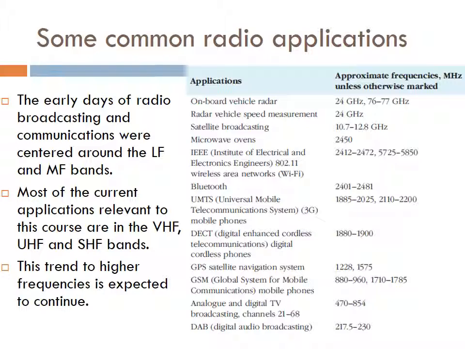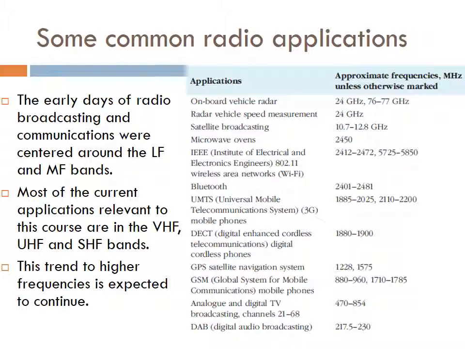onboard vehicle radar with high frequency bands at 24 GHz, 76 and 77 GHz; satellite broadcasting at 10.7 and 12.8 GHz; microwave ovens at 2.45 GHz; IEEE 802.11 wireless local area network Wi-Fi at 2.4 GHz and 5.7; Bluetooth at 2.401; UMTS 3G systems at 1.8 and 2.11, 1.88; GPS at 1.228;